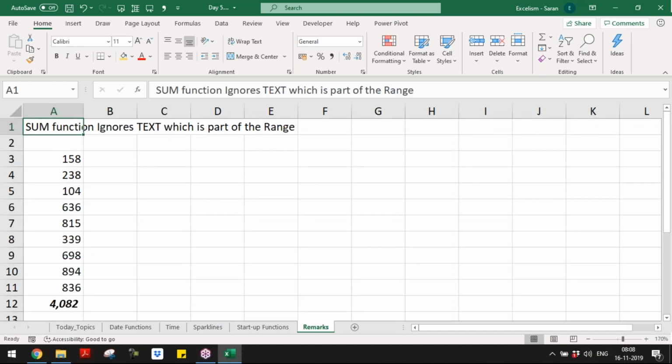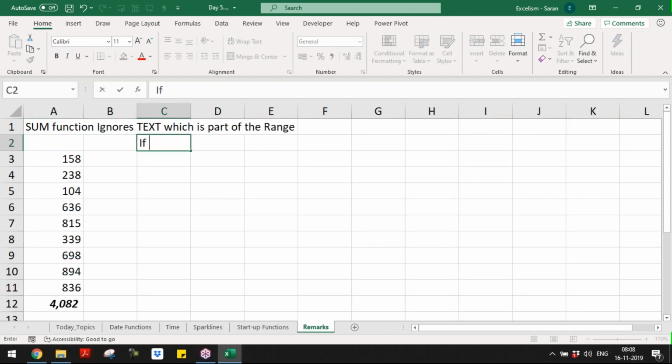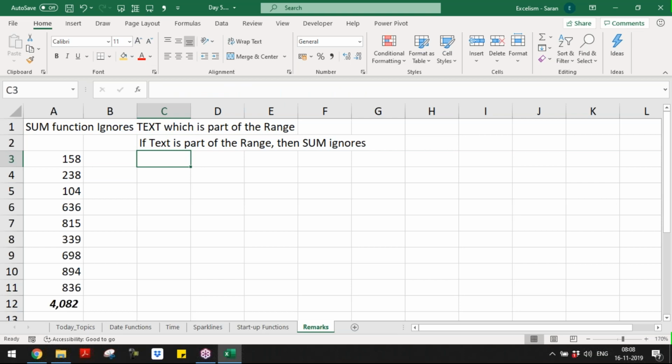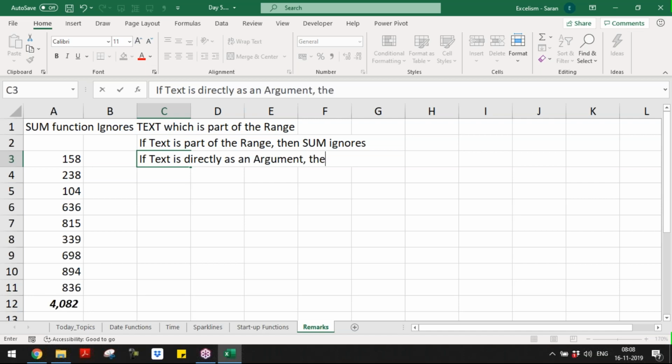If text is part of the range, then SUM ignores it. If text is directly an argument, then SUM returns a value error,